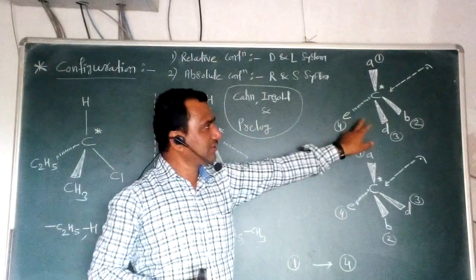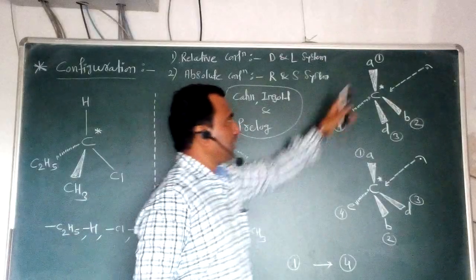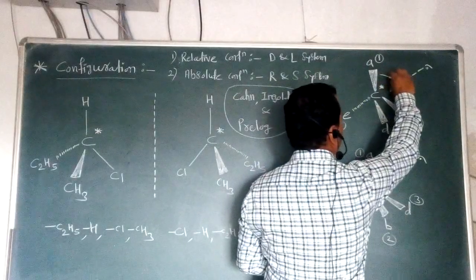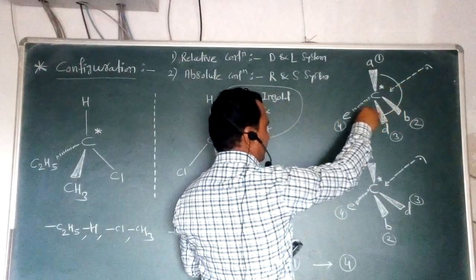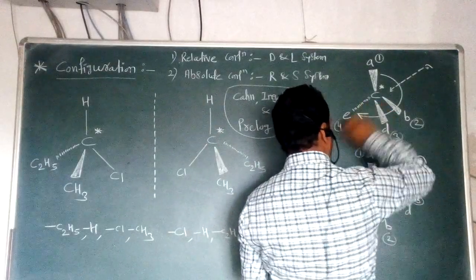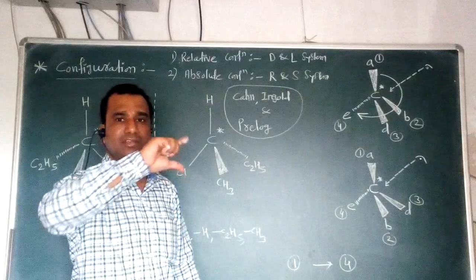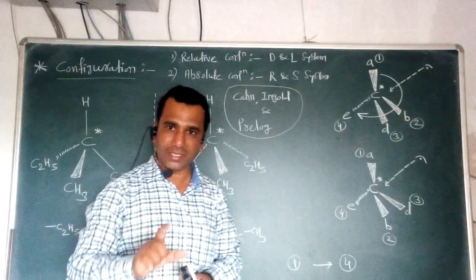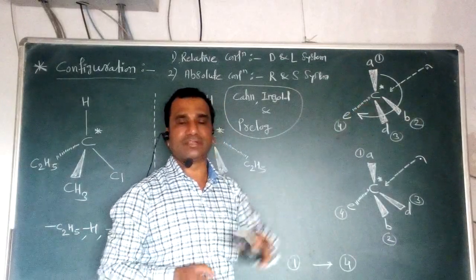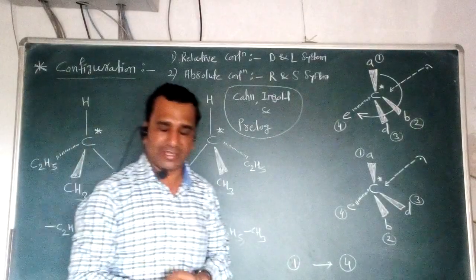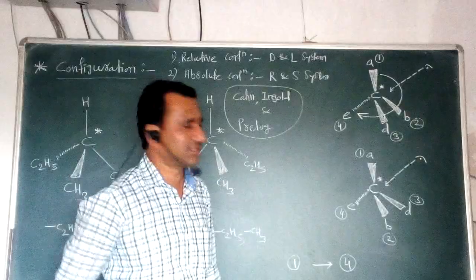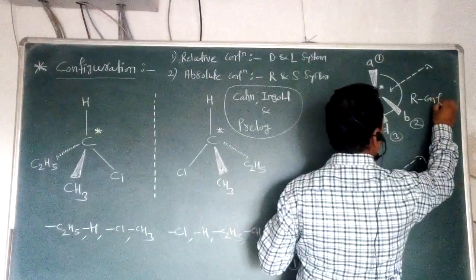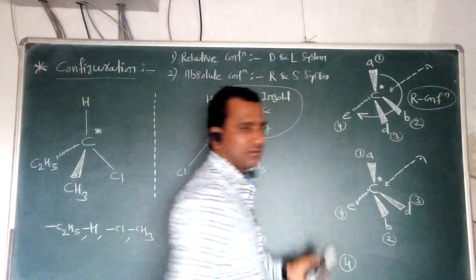So for this purpose, first of all, if we look toward this first stereoisomer, if we want to go from 1 to 4, how will we go here? From first to fourth we can follow this type of direction while going from the first priority group towards the fourth priority group, and this is called the clockwise direction. And if such a clockwise direction is there while going from the first priority group to the fourth priority group, then that particular configuration is called the R configuration.